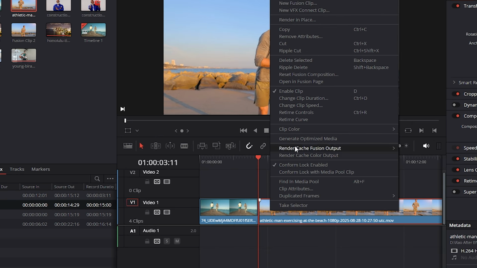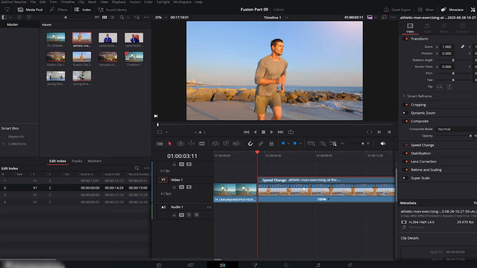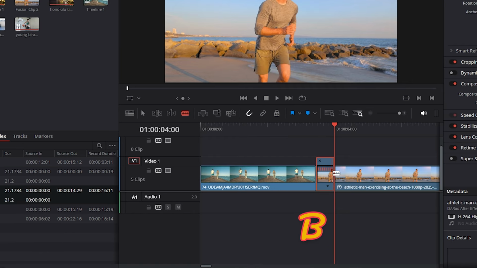Right-click on your second clip and choose Retime Controls. Then click on the small arrow here and select Freeze Frame. You'll notice a freeze frame has been added at the beginning of your clip. Keep only as much freeze frame as you need. In my case, this much is enough, so I'll press B to activate the blade tool and cut the clip